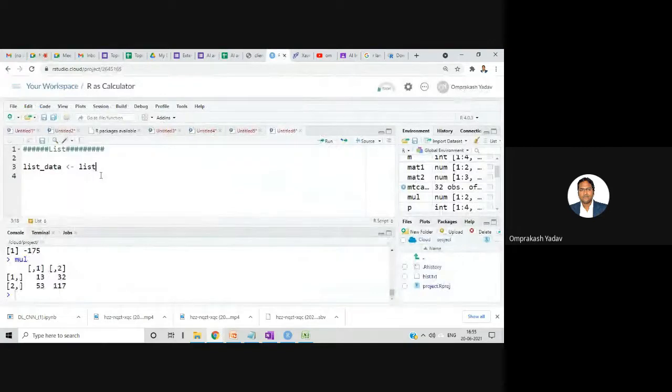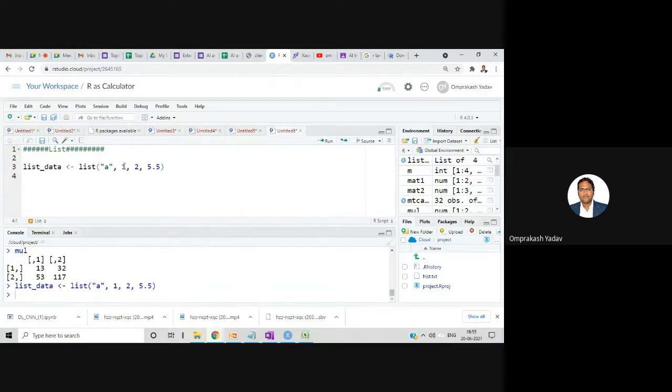Let's say the first data, let's take A, that is character data. Then let's take these, which are all numeric data. Let's take 5.5. This is also numeric only. Let's run this and try to print this list data.